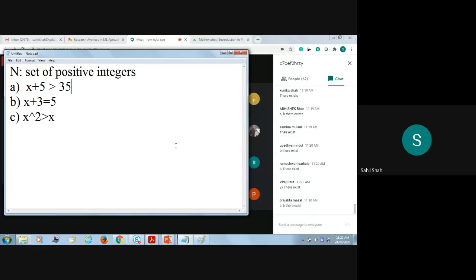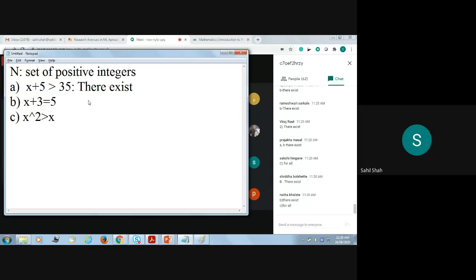Okay, A, there exists. Perfectly fine. This is there exists. I'm not having that symbol. You can use that symbol, the reverse E. Here also 2 plus 3 is only 5. If we put here 1, 1 plus 3 is going to be 4. It's not true. So for this case, again we are going to have there exists. Okay. And for C,